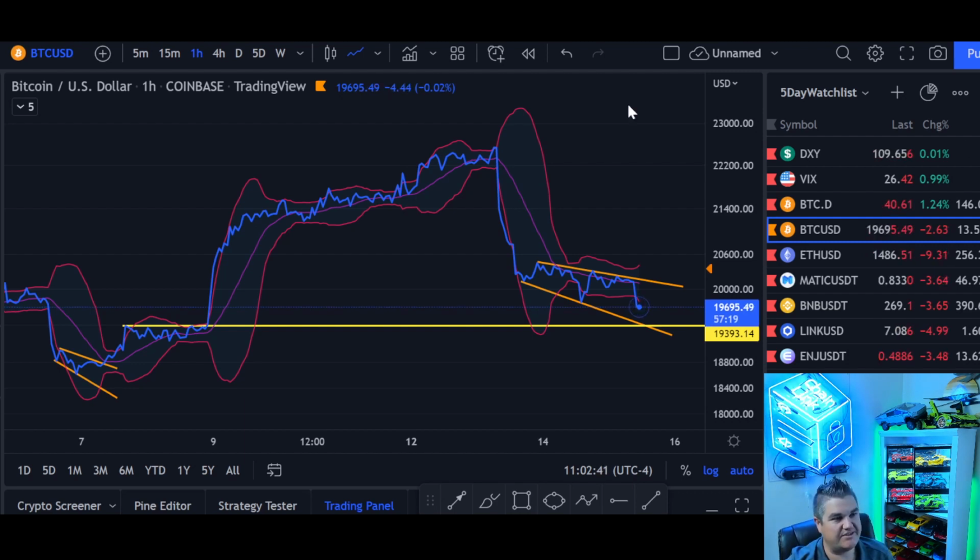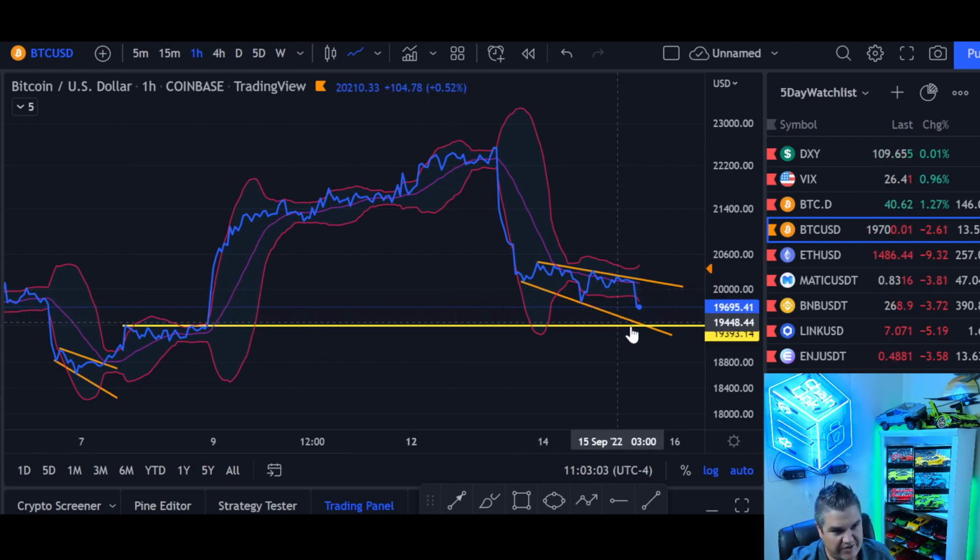So on the hourly chart, simplistic form, we got a line chart, right? That's the blue line, that's the price. We have our Bollinger Bands on and support and resistance, right? Pretty much as simple as you can get here. Support and resistance level coming down on this is on the hourly, so obviously not as significant as the daily or weekly chart. But looking at what to do for the remaining of the day, we need to be